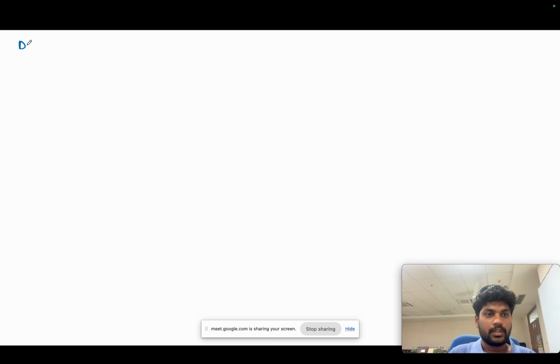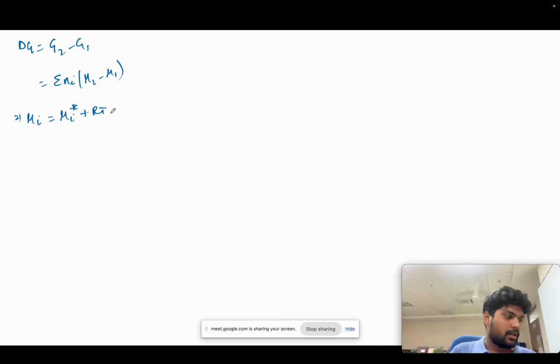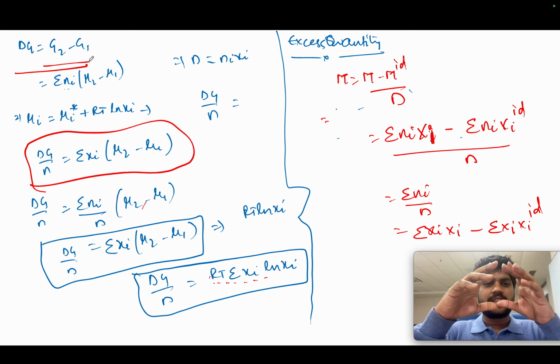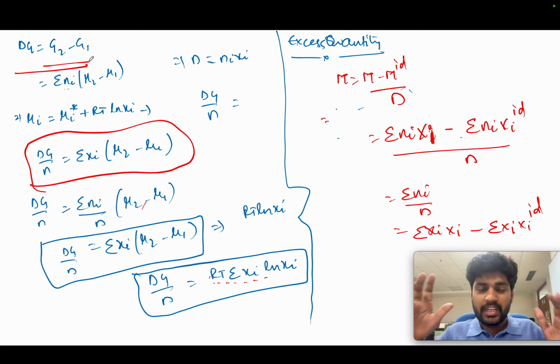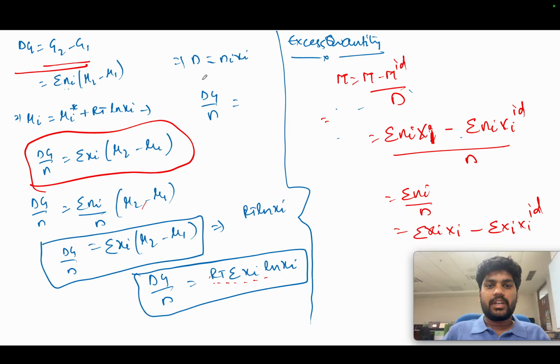so we know that delta G equals G2 minus G1. If I take the molar frame, this will be the case, and you know that mu i is nothing but mu i star plus RT ln, where we are talking about the structures of the ideal gas and the real mixture. So we all know that the total mole number n equals the sum of ni xi. So if I do it, and you all know that G2,